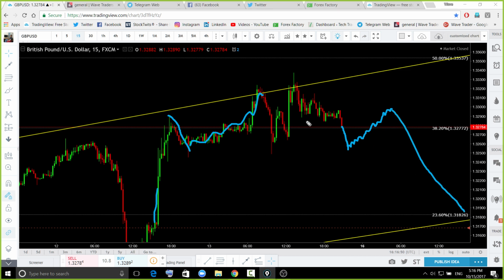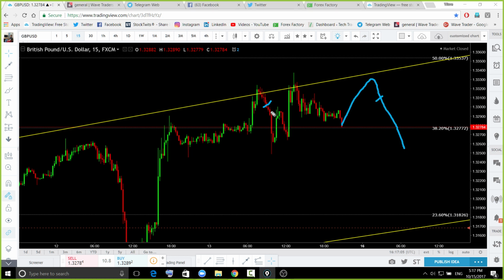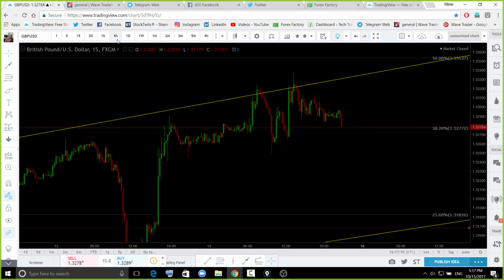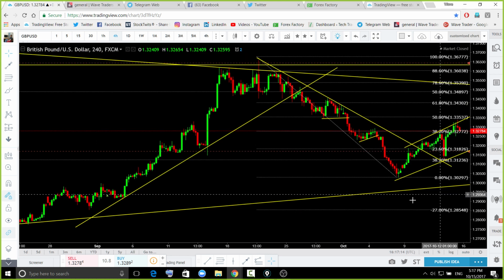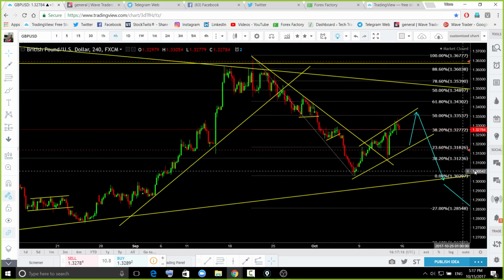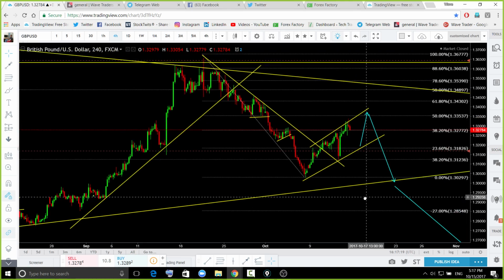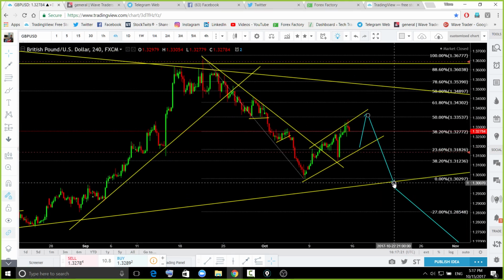Okay, so I don't think we're going to see this kind of perfect formation on the 15-minute time frame. It can change, it can do something like that. If so, then watch for the impulsive move like this one from that top, and look for a sell from that top. You can use a reasonable stop loss. Don't use a tight stop loss because it is rising to the upside slightly aggressively, so a tight stop loss is going to be kicked out very soon.